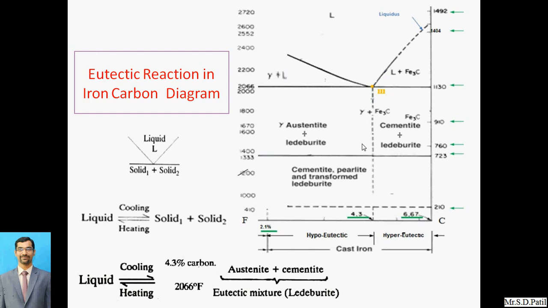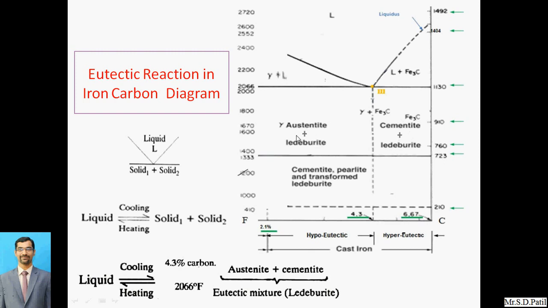In this lecture also, in slide number 5 and 6, it has been mentioned, again I will just repeat, alpha is known as alpha ferrite, gamma is known as austenite, delta, and the fourth phase is the cementite, that is Fe3C. So these are the four phases. In the eutectic reaction, this particular liquid is going to change into gamma, that is the austenite, and Fe3C, that is the cementite.